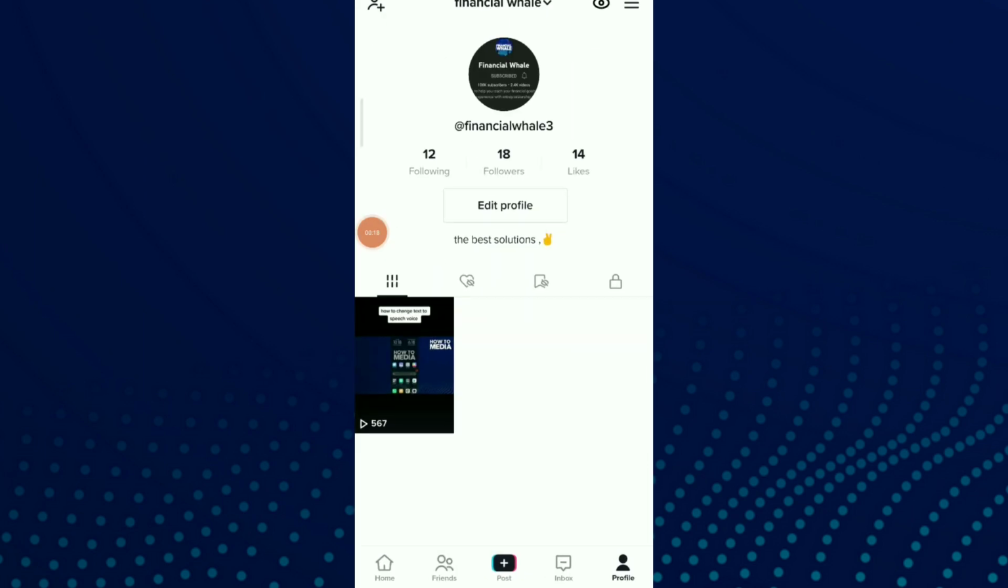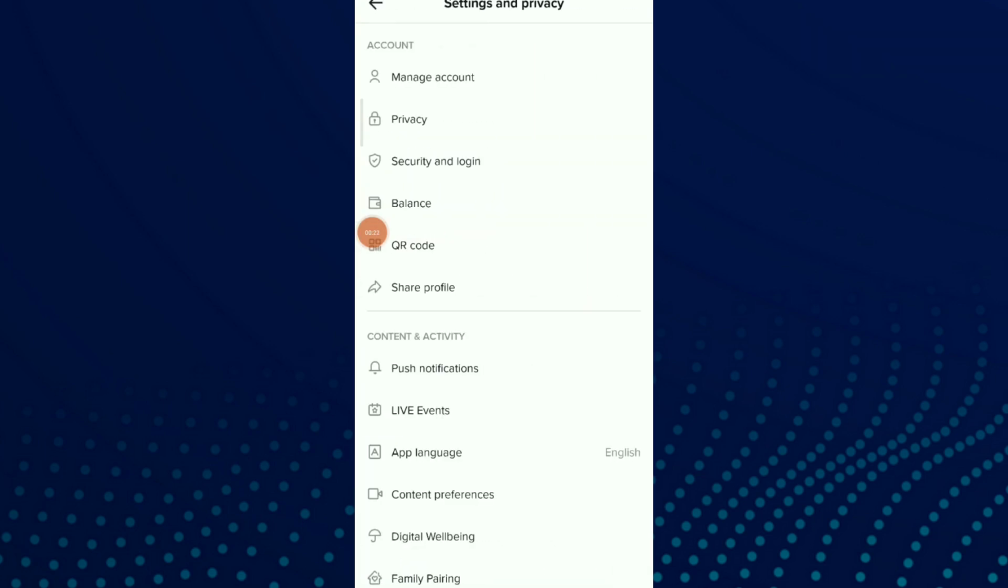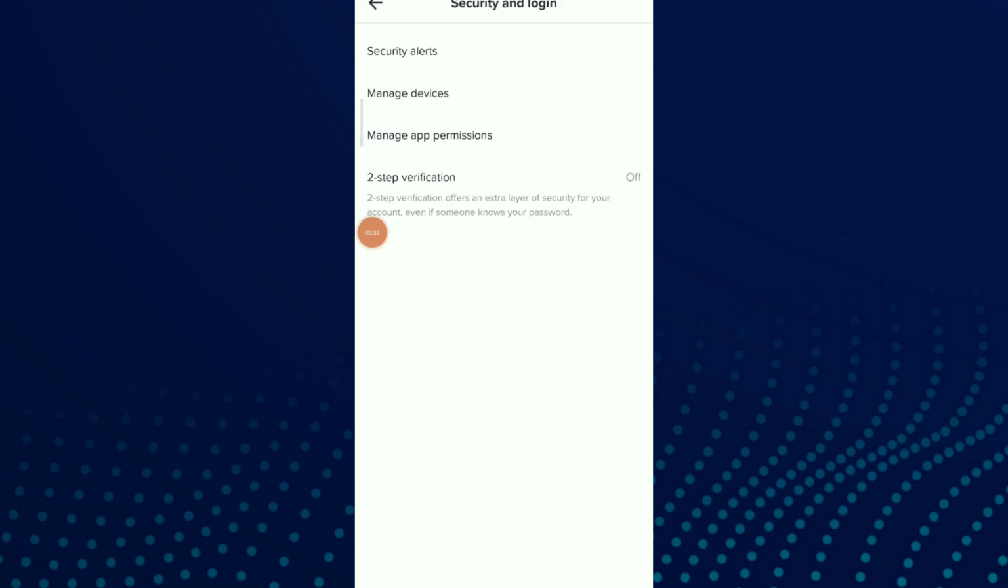Once you are on your profile, click on those three lines up there and click on settings and privacy. Now all you need to do is click on security and login, and here you're going to find two-step verification. Click on it, and here